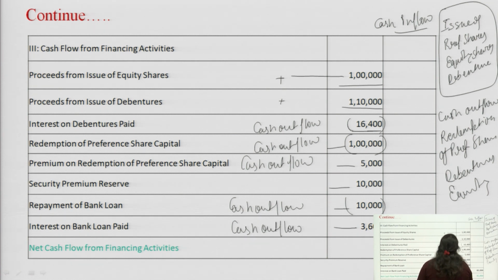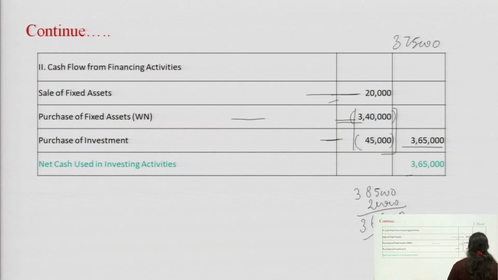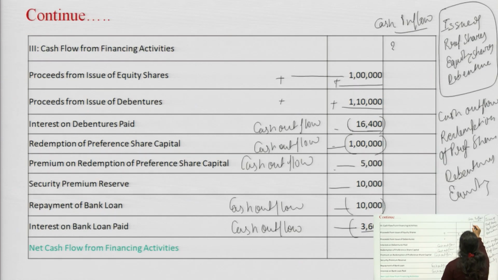It is 3,36,000. Now, we will sum up this amount: it is positive, positive, negative, negative, negative and so on. Again the payment is done, it is also negative. So, this amount will come out to 85,000. Okay, the previous balance was 3,65,000, which was our previous balance on the previous page.